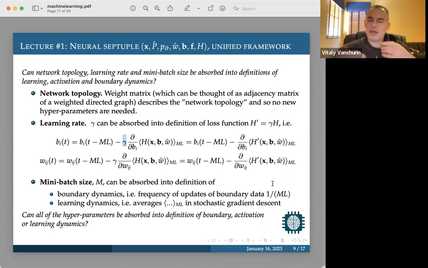Questions can be asked: why is it the same number? Can we update the boundary with one frequency and do the learning dynamics with another frequency? When we discuss generalizations of learning dynamics, all those things would be possible. This is an open-ended question, and there are certainly other hyperparameters we should always think about. And there are libraries and tools that tell you, okay, you've trained your neural network, but you don't know what the most optimal hyperparameters are, so let's just train them